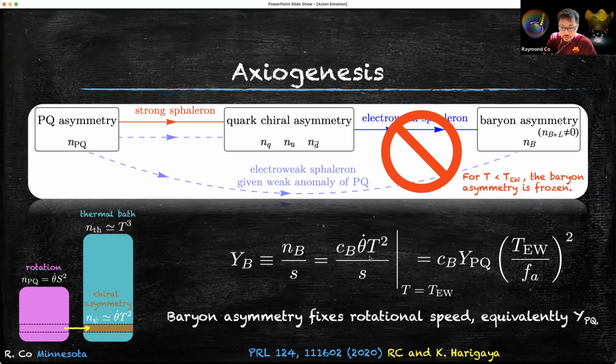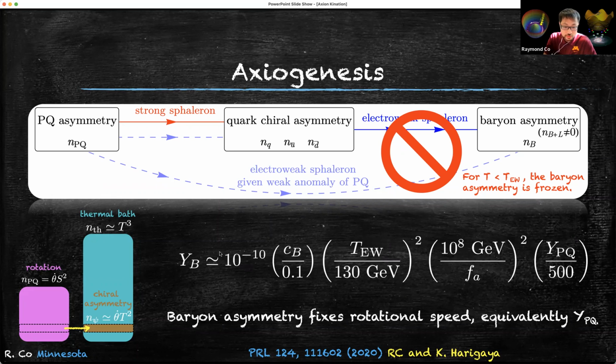So now we can evaluate this at T electroweak, and then we normalize theta dot to be a scale invariant, or redshift invariant, quantity Y_PQ, so that I can relate this Y_PQ with the earlier three temperatures that we were looking at. Now, if I just put in numbers, this baryon asymmetry tells you that if you want to reproduce the observed amount of order 10 to the minus 10, using the prediction of the standard model on the electroweak phase transition temperature, you need this f_a to be of order 10 to the 8 GeV if the yield of the PQ-breaking charge is 500. So there's some relation between f_a and Y_PQ that allows you to explain the baryon asymmetry. And that already gives you some requirement on the three temperatures that we discussed, even though it does not make a prediction yet. Okay, so this is the basic idea for